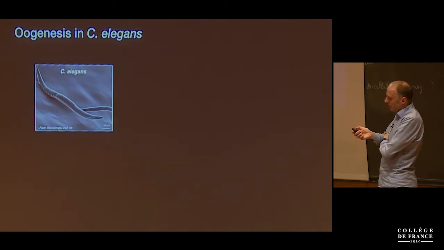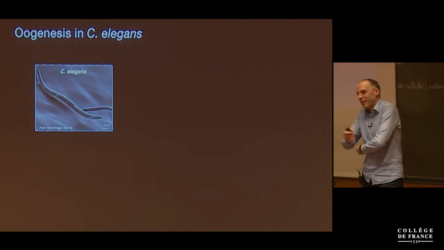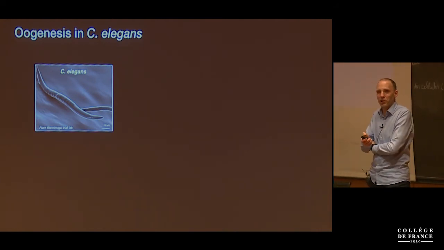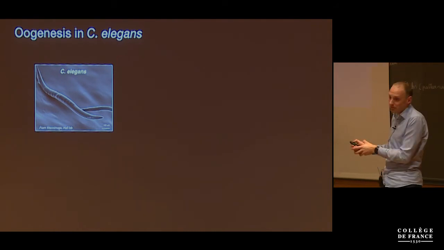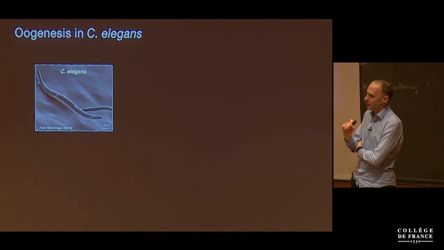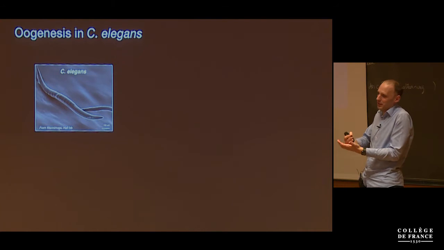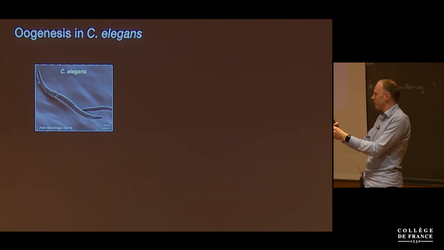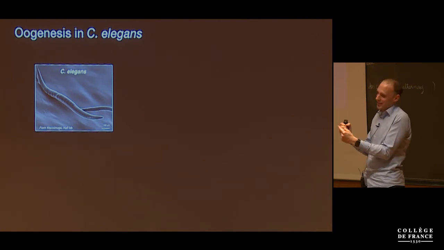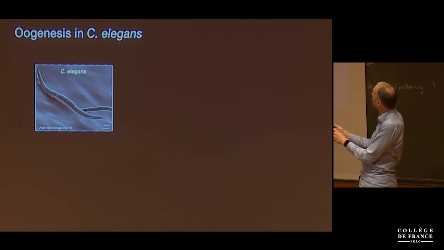So let's look at the worm. I should have told you this before, but this C. elegans is a well-studied biological model organism. It's about 0.5 millimeter long. It lives all over the planet; in your flower pots at home, you quite likely have a couple of C. elegans worms. And it's nice to keep in the lab. It's transparent, good for imaging. You can freeze it, and you can thaw C. elegans and they still live. So it's been a useful model organism in biology for many years.